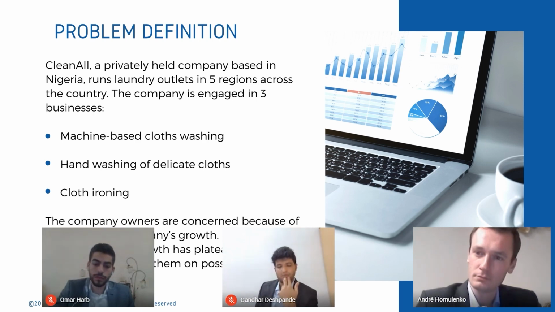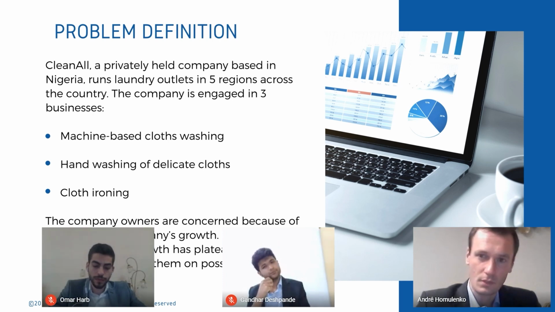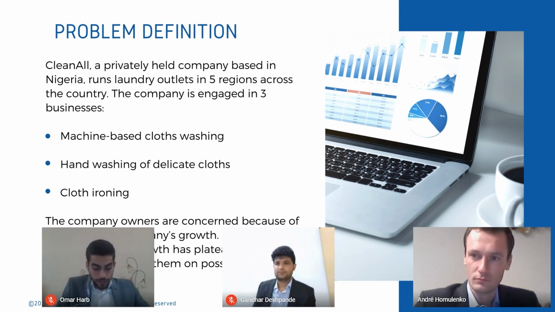Hatem? Yes. Right. So in order to analyze the root cause of the problem and come up with a proposal for a solution, I would like to analyze 4 key pillars. The first one is the revenue. So I'd like to look into the breakdown of the revenue for the 3 business units in terms of units sold and the price, to identify whether there was a shift in any of these due to the new competition